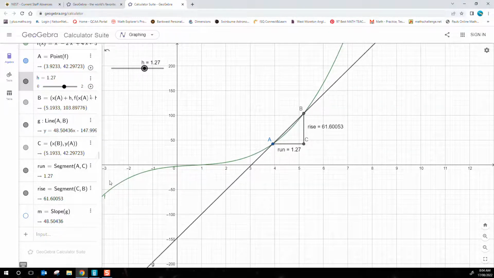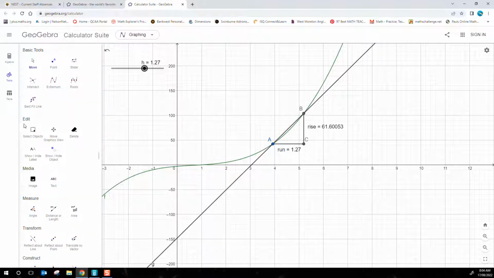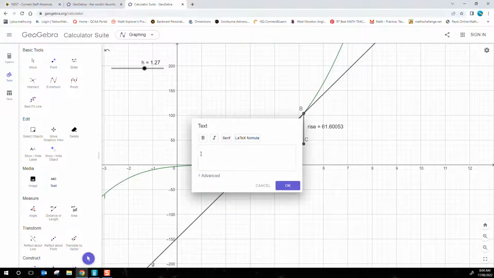Now, why did I do that? So that I can use a text object. If I go to the tool menu and then I go to text, I can start typing some text. And I might type, here we go, what am I going to type? I think I'm going to type something like this. So I'll use,